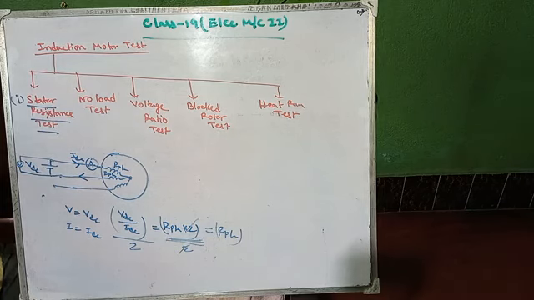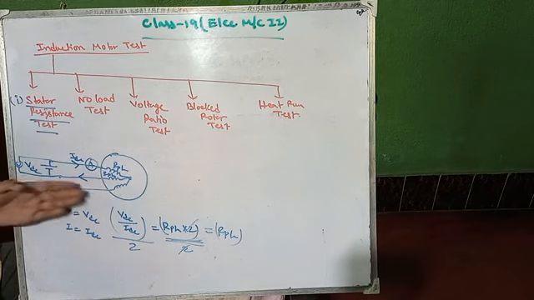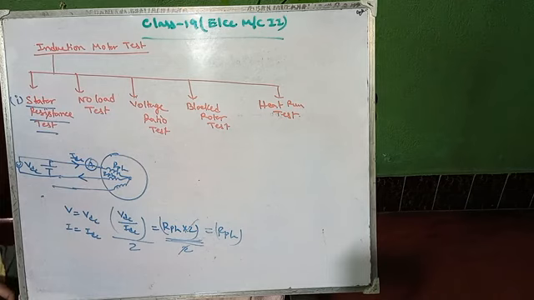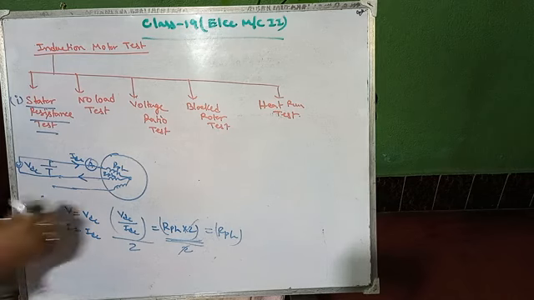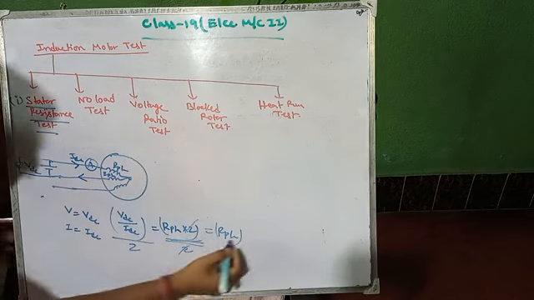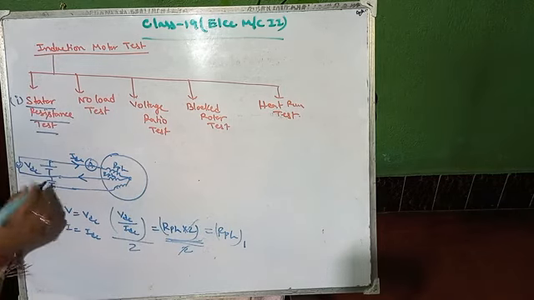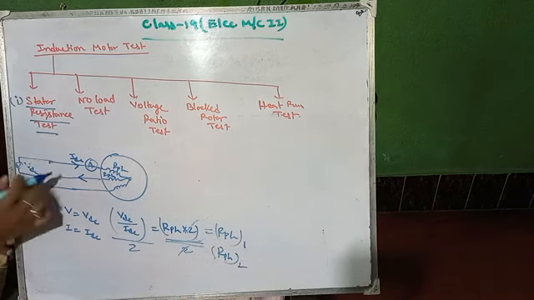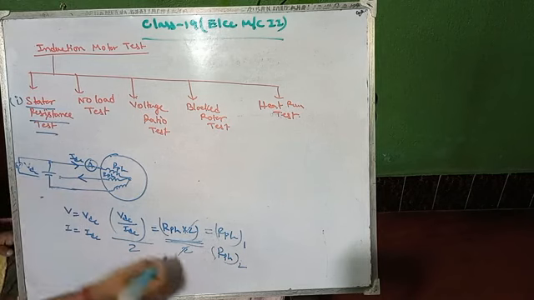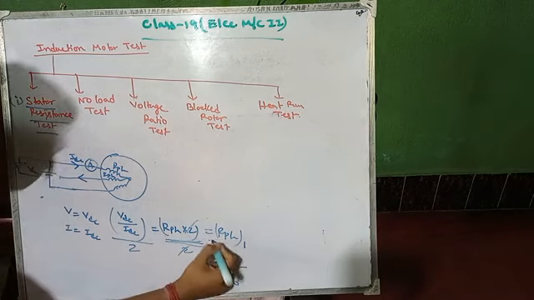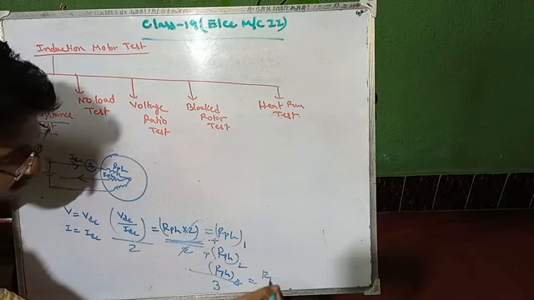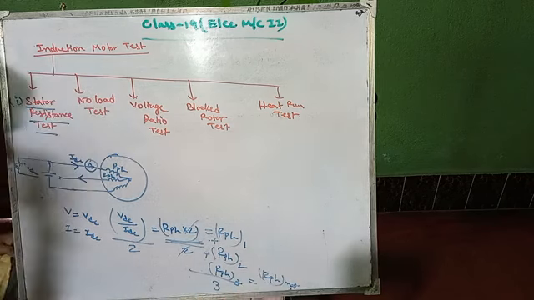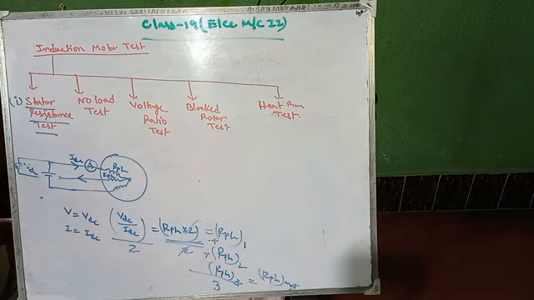Resistance per phase. We can also find the 3 combinations and take the average value of each phase. Suppose we apply the VDC over here and get RPH1, apply the VDC over here and calculate RPH2, and then connect between these 2 phases and calculate RPH3. Now if we add and divide by 3, we get RPH average, the average resistance per phase.